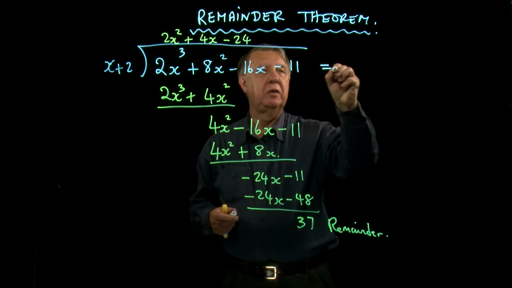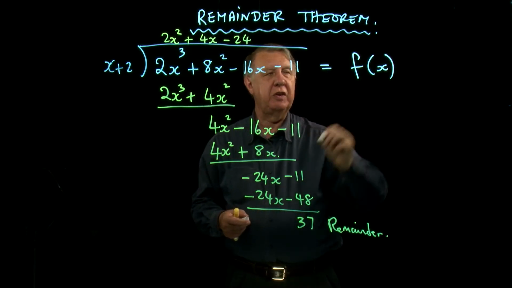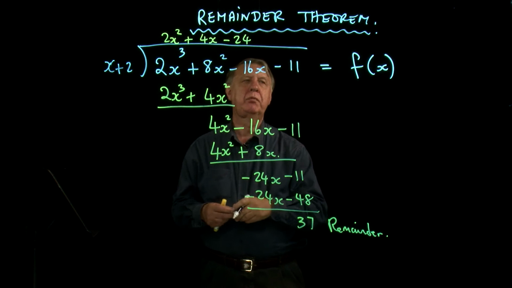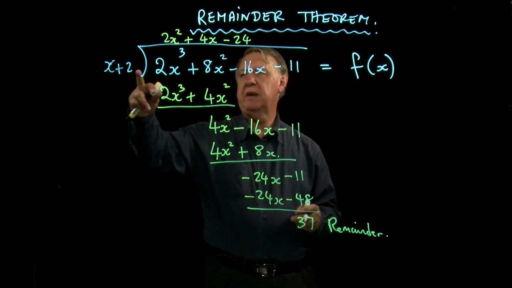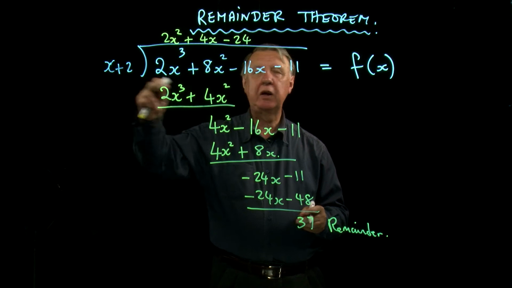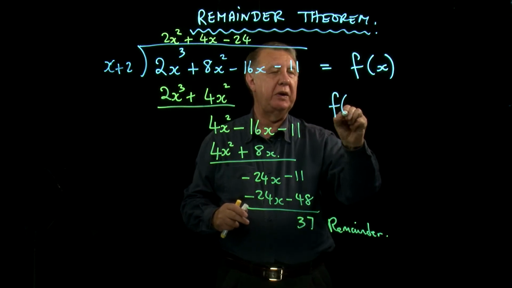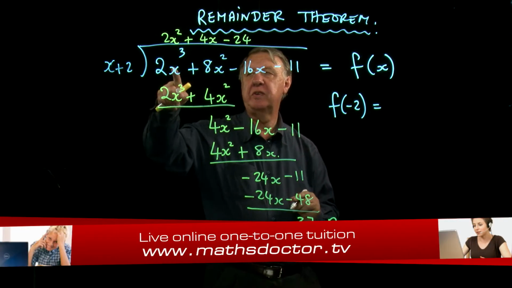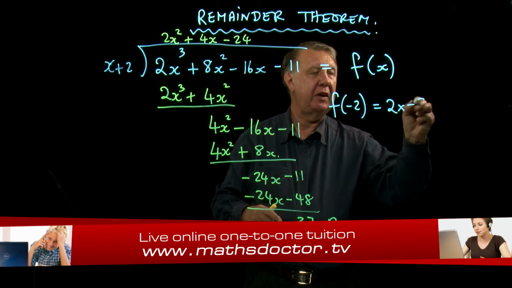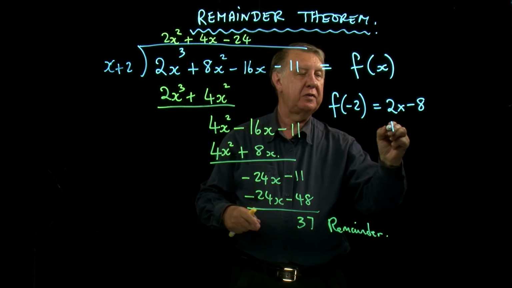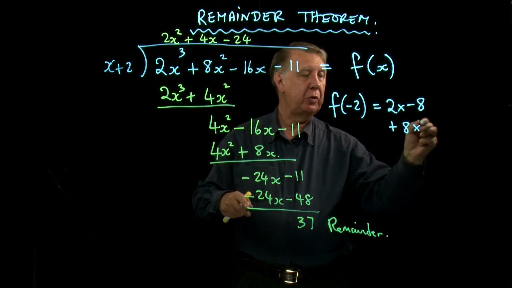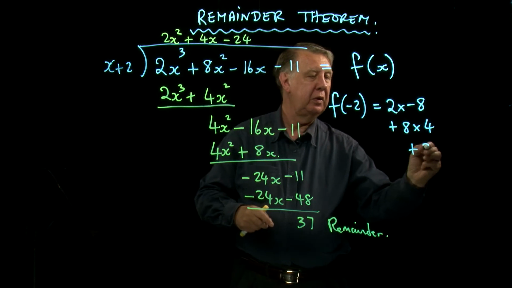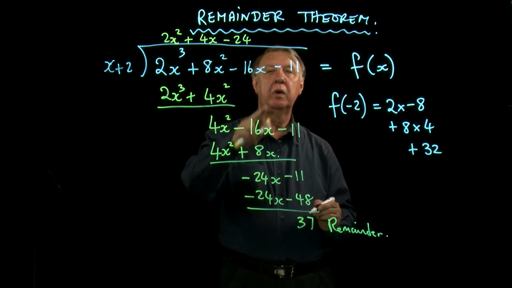Because if we put this equal to f of x, and let's try our tactics that we used with the factor theorem, then because I'm dividing by x plus 2, the value of x that I would want to put in would be negative 2. So if I put negative 2 into here, I get 2 times negative 8 plus 8 times 4 minus 16 times minus 2 is plus 32 minus 11,